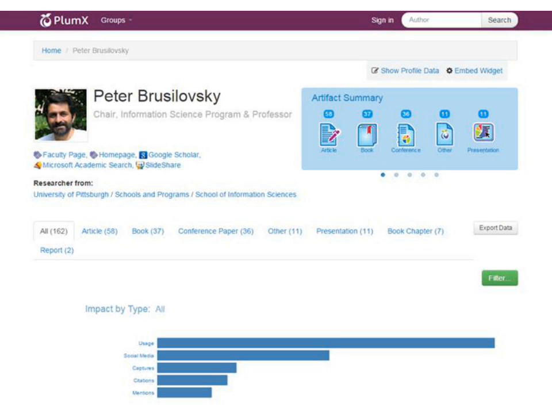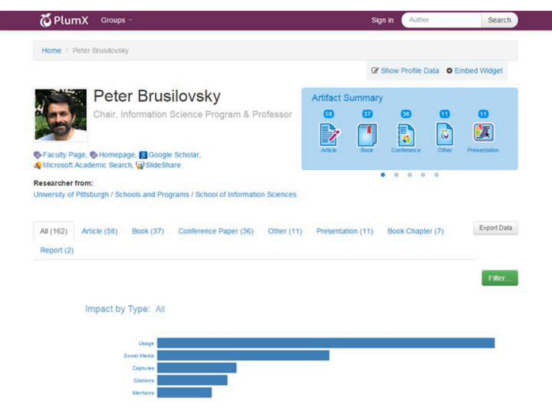You can see a breakdown of the artifacts by type, including books and articles, but also conference papers, presentations, technical reports. We also see a graphic view of the total impact of all of his works broken out by Plum's 5 impact types that Andrea showed you.